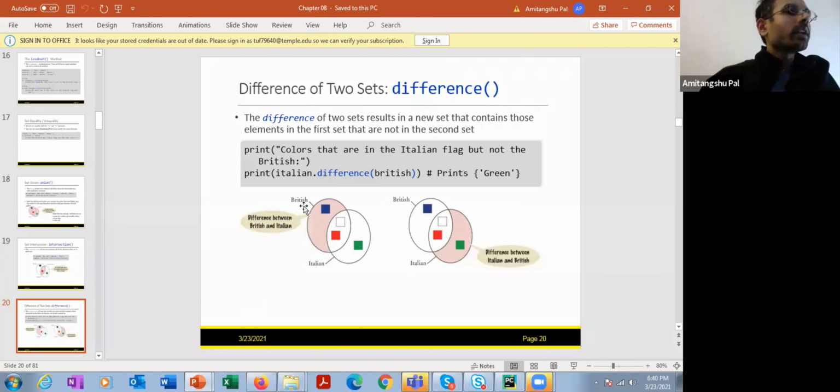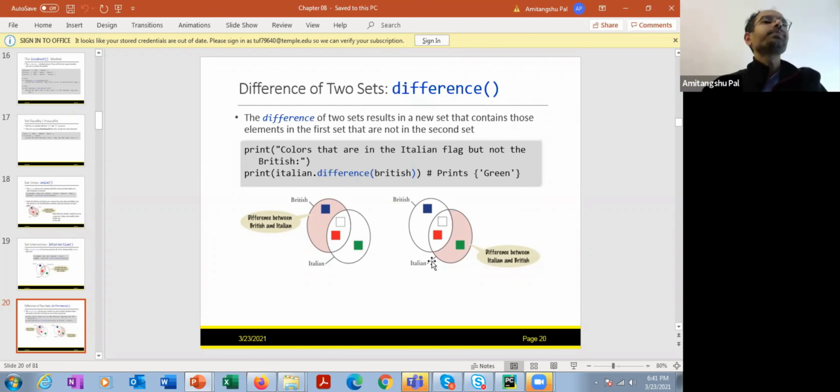And the third operation is set difference. The set difference of the colors in the British flag and the Italian flag consists of the colors that are in the British flag but not in the Italian flag. The set difference of A and B consists of the elements that are in A but not in B. Conversely, the set difference of the colors in the Italian flag and British flag consists of the elements that are in the Italian flag but not in the British flag.